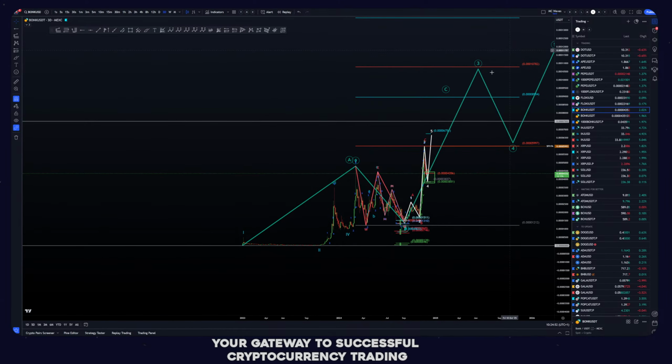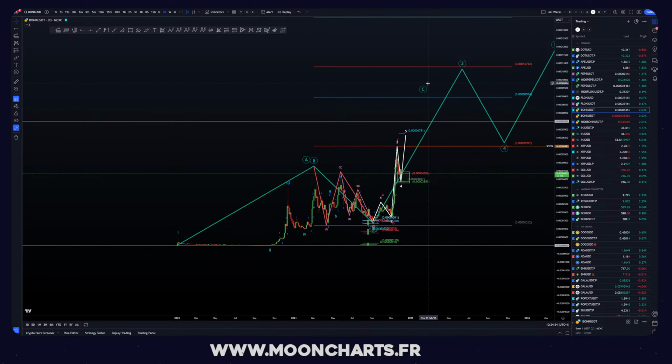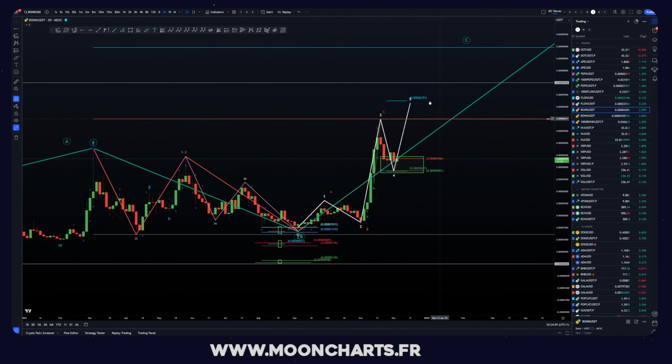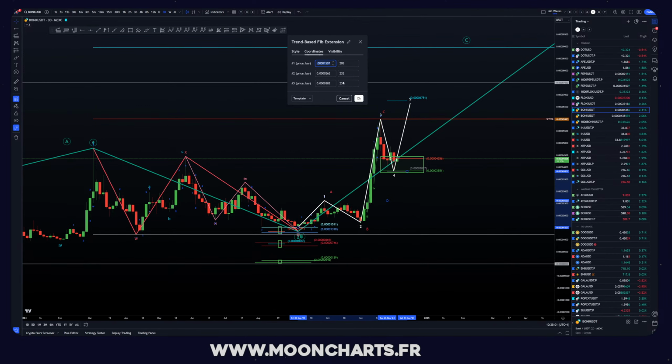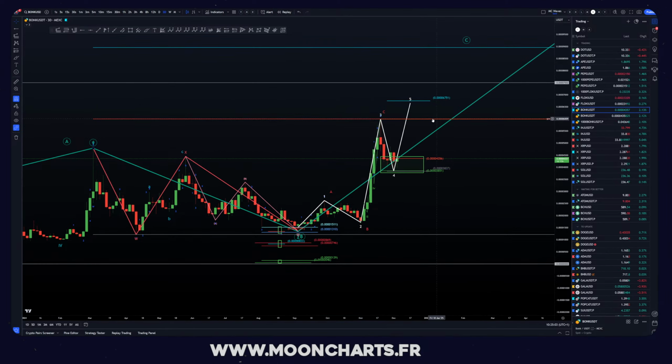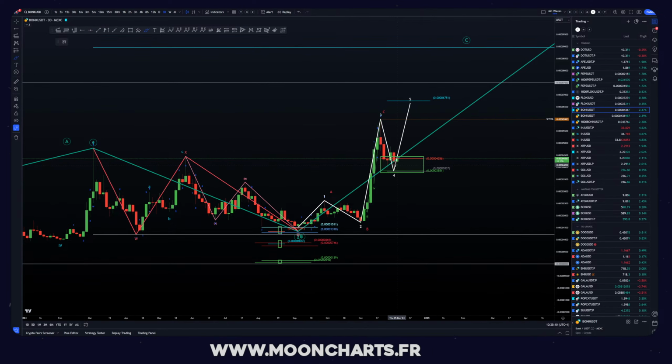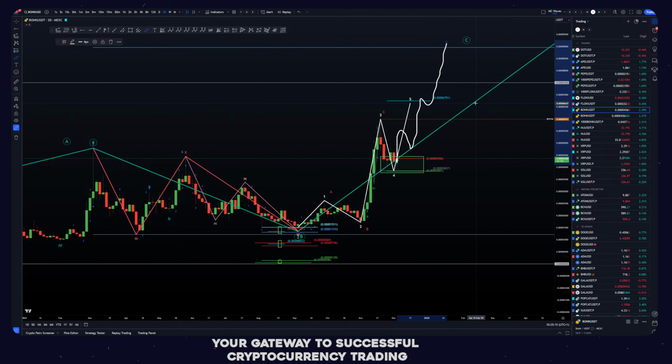We need to see if we do the impulse here, the big green impulsive, or if we do only the ABC zigzag. For now, we don't have the push up, so let's take the 2618 only. Let's remain with this and see later if you push higher, the targets we can plan. We will need a few more data here. For example, we can look at the targets of this impulsive if we get a bigger one. So for now the target is $0.4067.